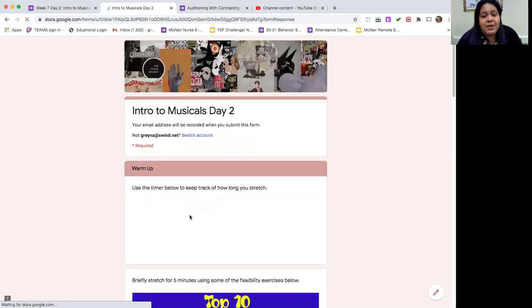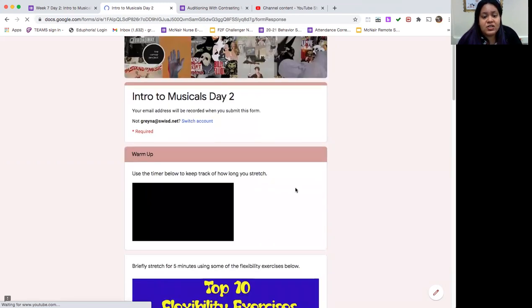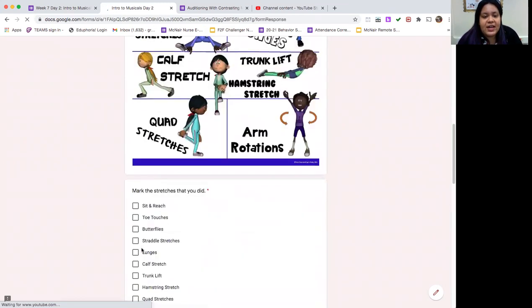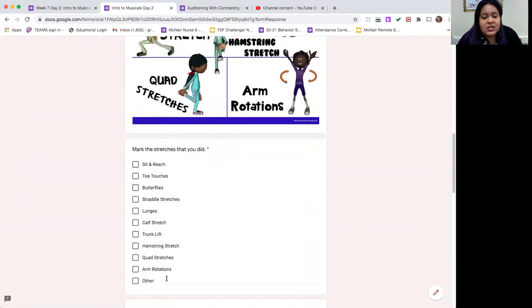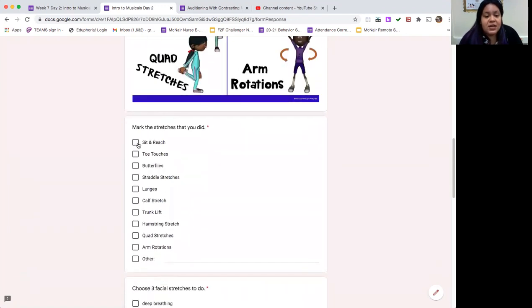When you get onto the warm-up page, you're going to see we have our stretching timer here, as well as the examples of stretches. Remember that even if you cannot do the full stretch routine that I'm marking right now, that we usually do in class, it's a good idea to take some time to stretch in whatever way works best for you. That might be just doing maybe some